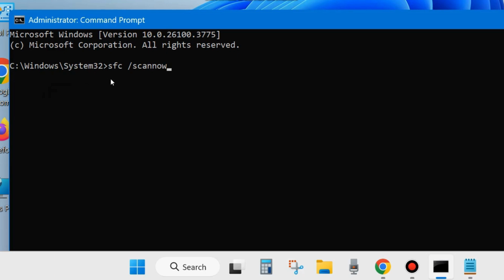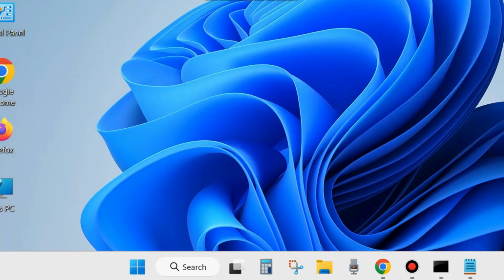It will scan your system for any corrupted or bad system files and repair them accordingly. Wait till 100% verification complete. After that, check whether your error is resolved or not. If not, go to the next fixes. Right click on start button